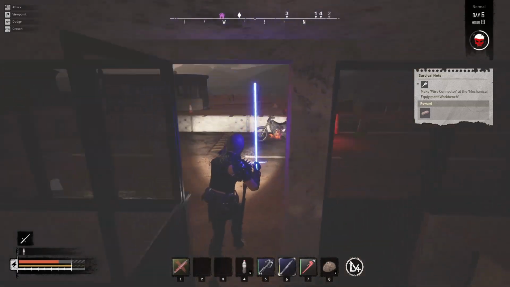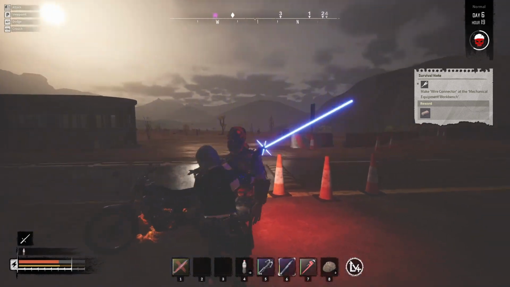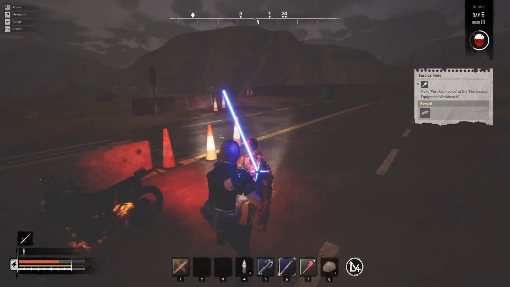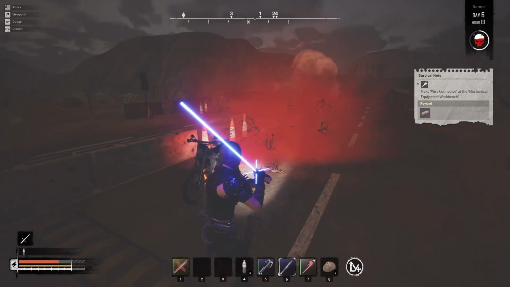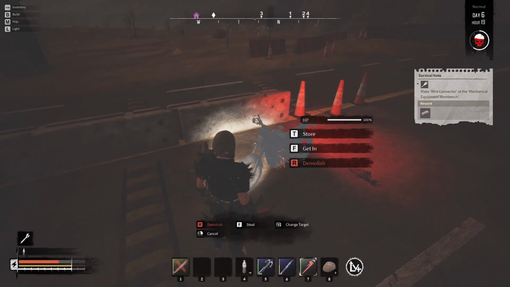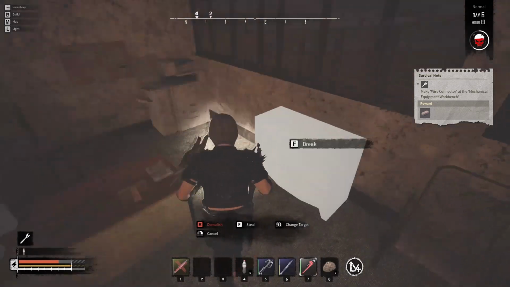So I'm going to go ahead and kill this guy. Now watch out for these guys, they explode. Oh, my bike's on fire. That's not good. Hey buddy, I need you to die. I need to fix my bike. Okay, it's still at 89%. We're okay. I guess maybe he sets things on fire when he hits them. I normally shoot them, so...